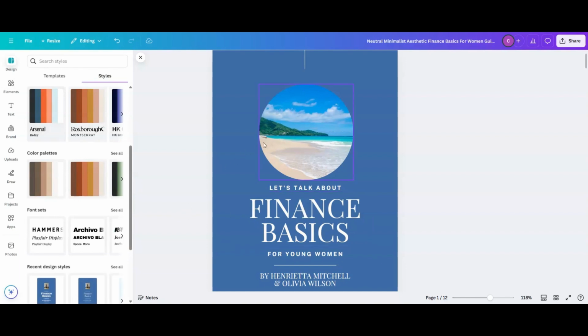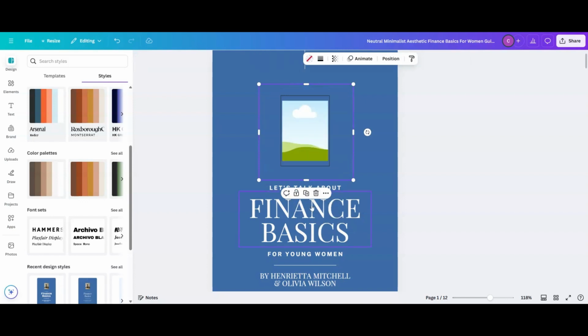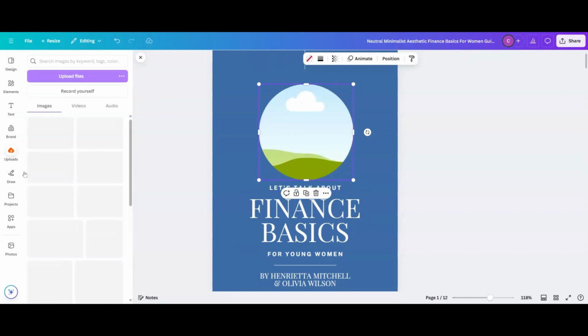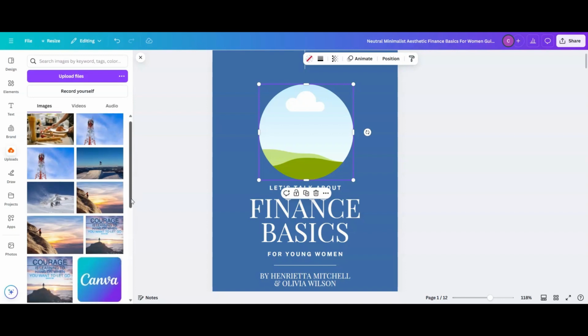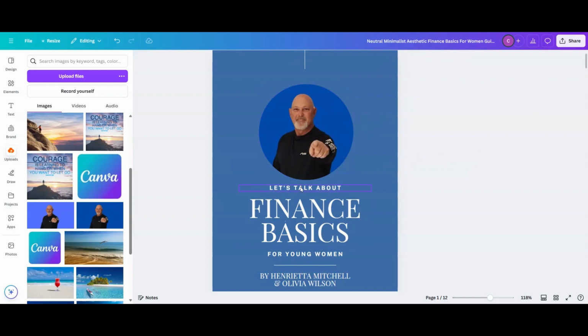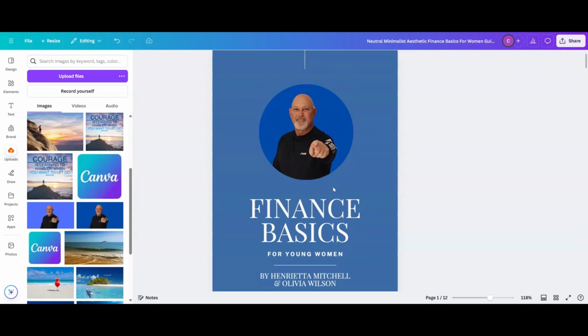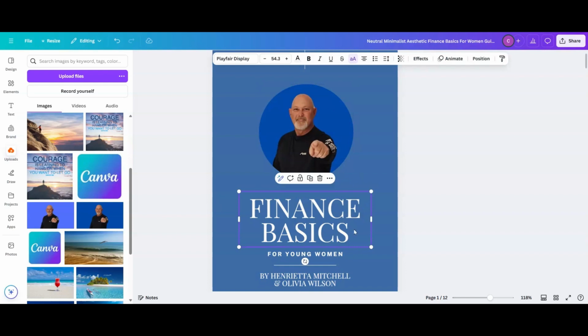So on this one, let me go back to delete picture. Let's go upload. Let's put my picture back in there so we'll have it. There you go. I don't really need this line, so if there's something there that you don't like, they're set up in text boxes. All you have to do is just delete that one. Now this one we're going to change. You click onto it and then we'll just write